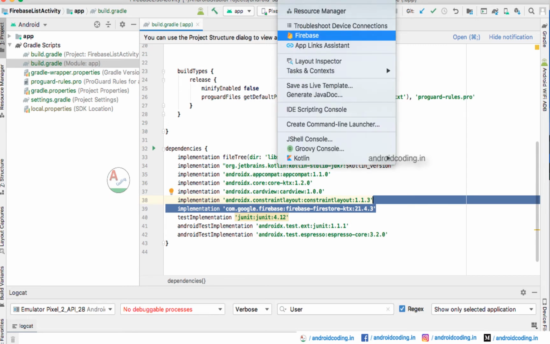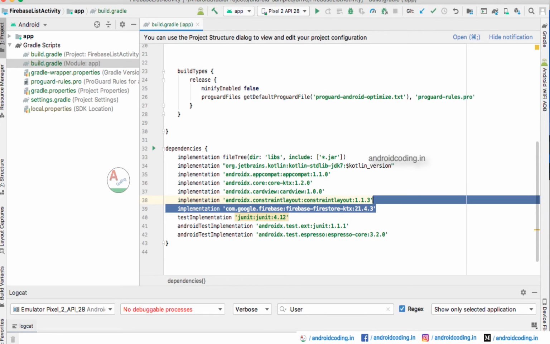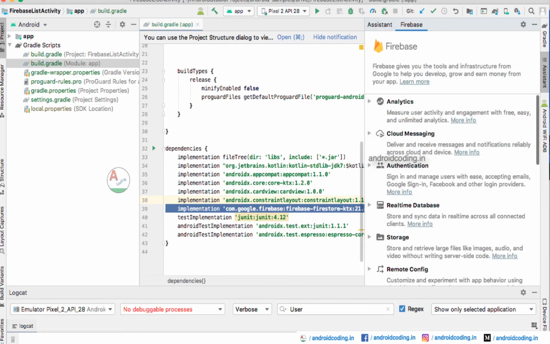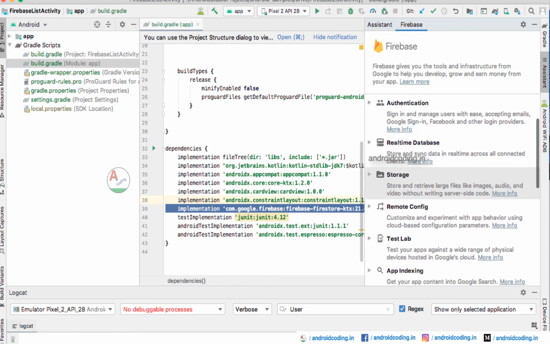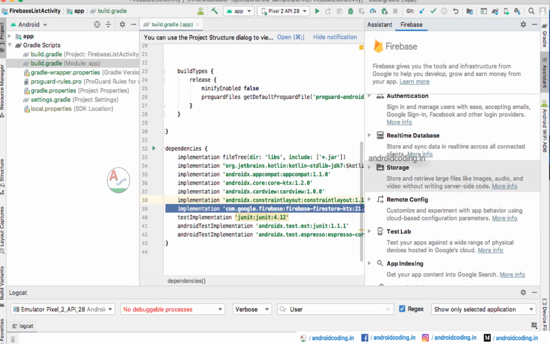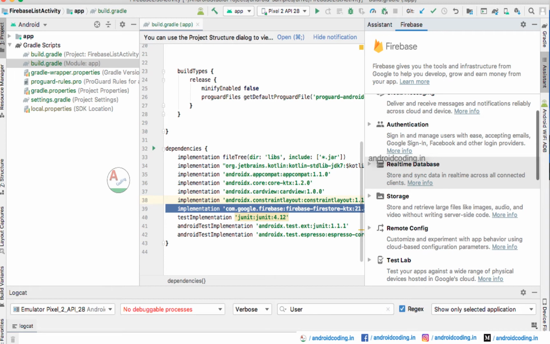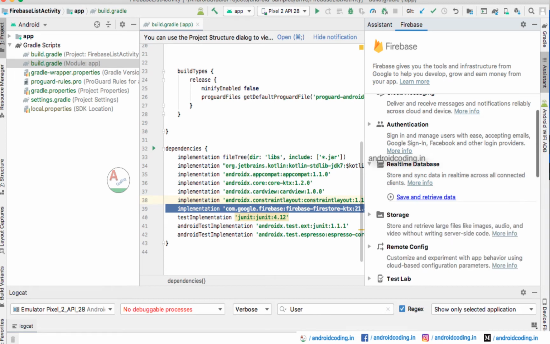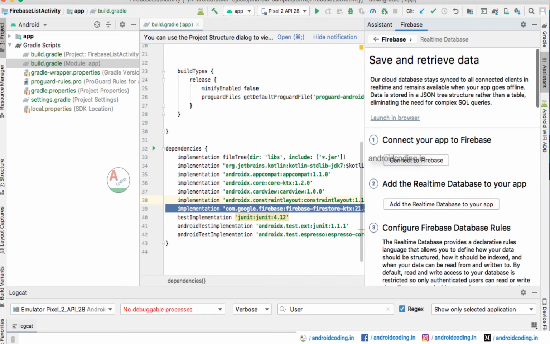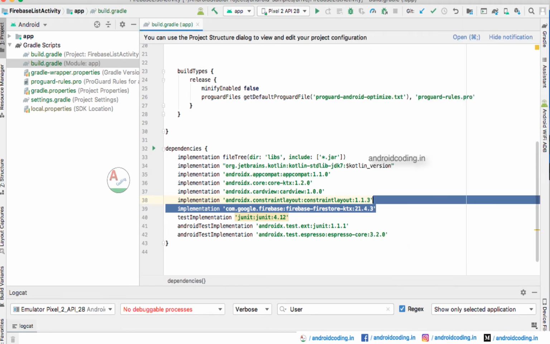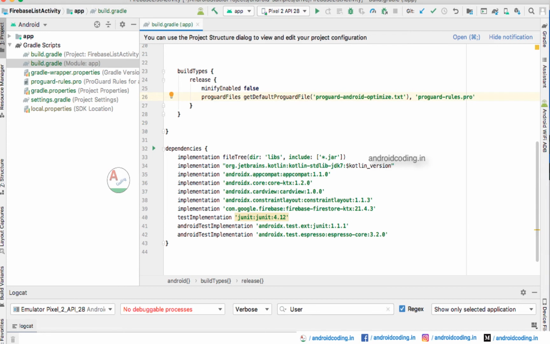When you go into Tools, Firebase, you will have a Firebase Assistant loaded up here, using which you can handle your project configuration things. Here we are dealing with the real-time database, so you need to add your database to your project. And if you are still having any doubts regarding the Firebase Assistant, you might refer to the link provided in the card section.